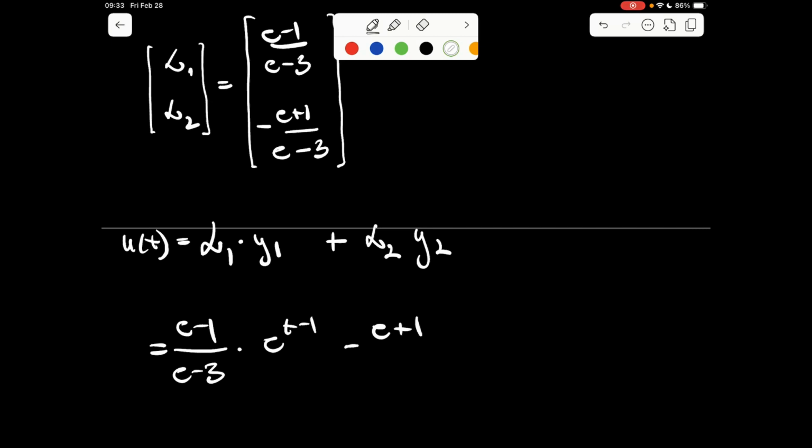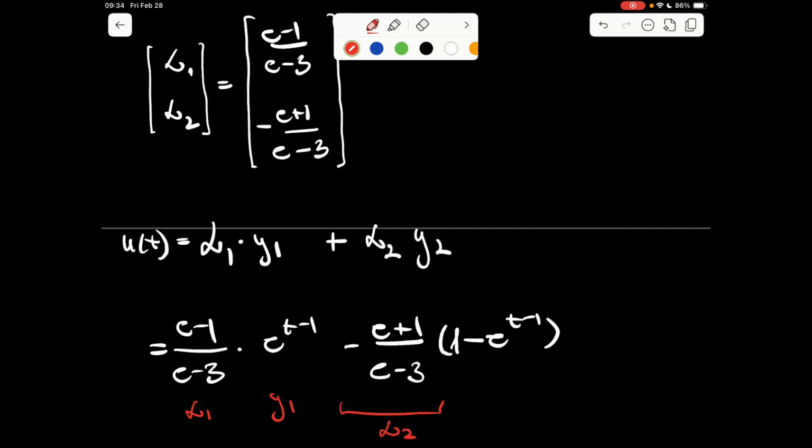Yep. So we use the functions y1 and y2. This is y2. So this is alpha 1, this is y1, alpha 2, y2,